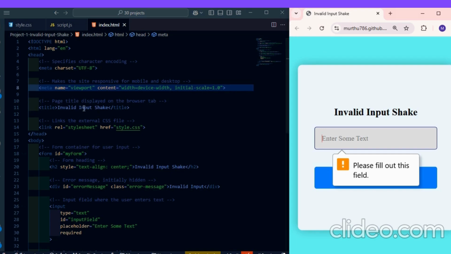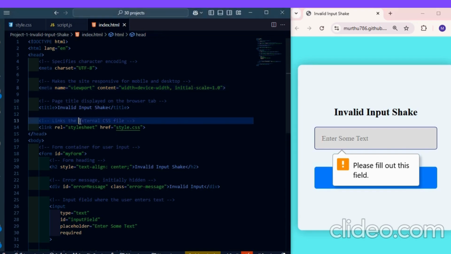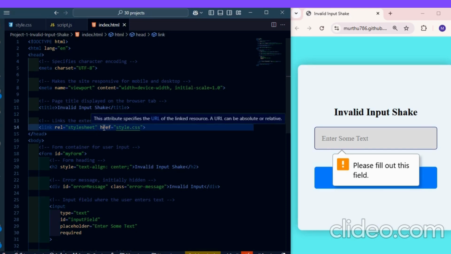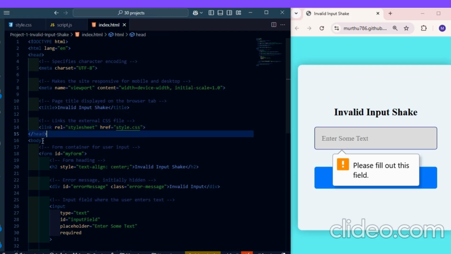The title is invalid input shake, and then the link tag can be used for the external CSS file. So link rel equals stylesheet, which is the type of the style sheet, and using href, the hyperlink reference, this attribute specifies the URL of the linked resource. The URL can be absolute or relative, using style.css as the file. Close the head tag and come to the body tag, creating one form for